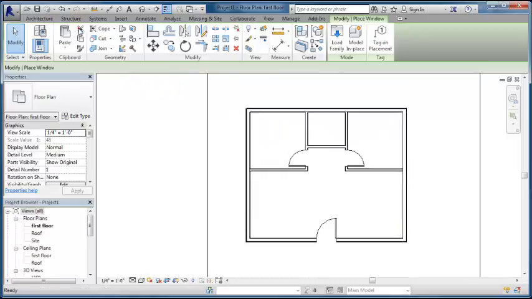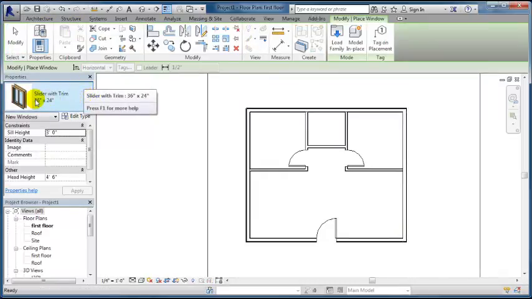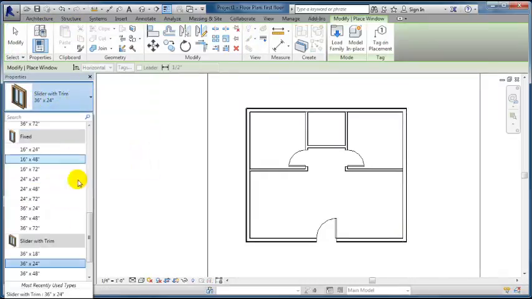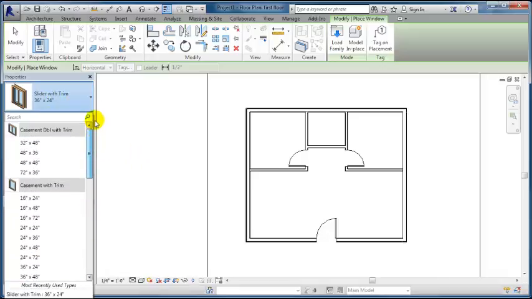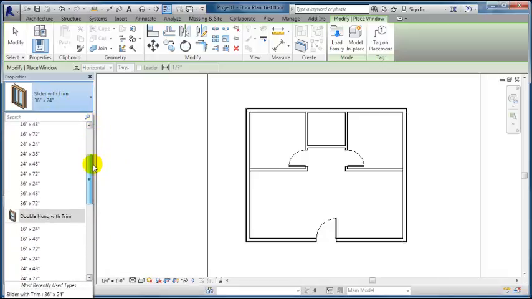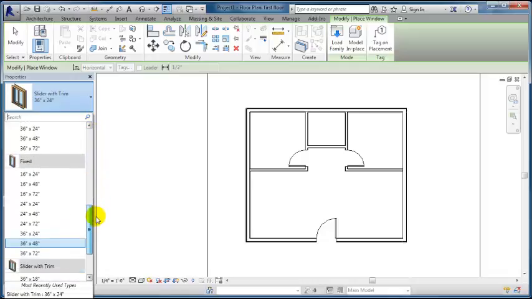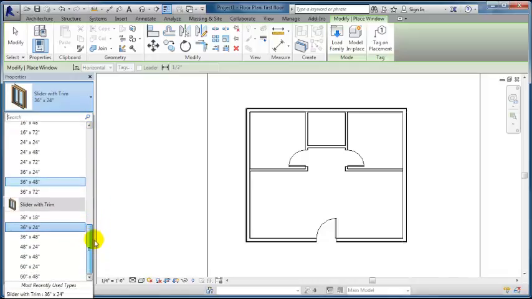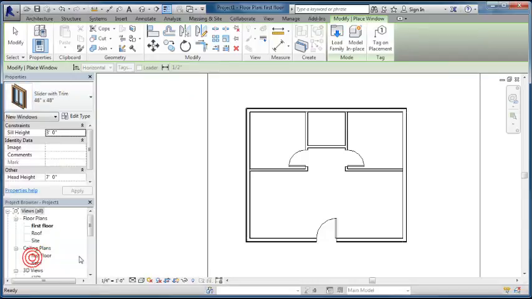If I want to create a window, I can pick the type of window that I want. And I've got casement windows with trim, double hung windows, fixed windows, and I have slider with trim. I can also load additional window types from our load family. We're going to use this slider with trim, and I want to use the 48 by 48 sliders for the front. Let's put them actually here